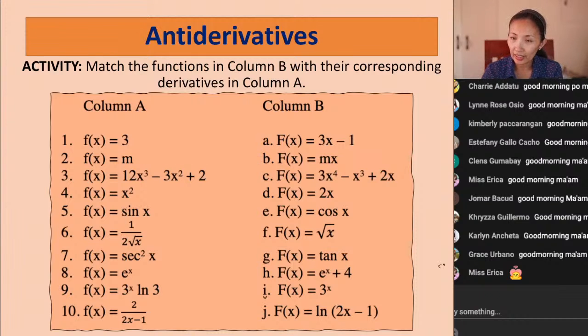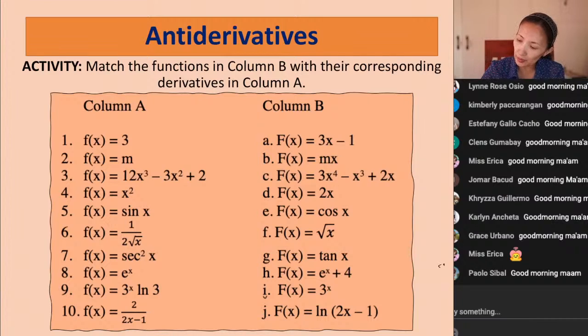Letter C, F of x, applying power rule, the derivative of the first term. So if we differentiate term per term, this will give a derivative of 12x cubed, correct? And then the second term gives a derivative of 3x squared. And the last term, 2x, gives a derivative of 2. So C and number 3 in column A is the derivative of C in column B. In like manner, letter D, 2x has the derivative,